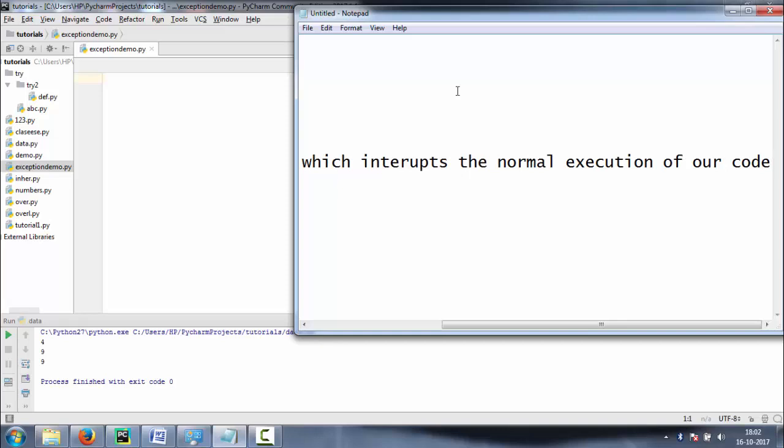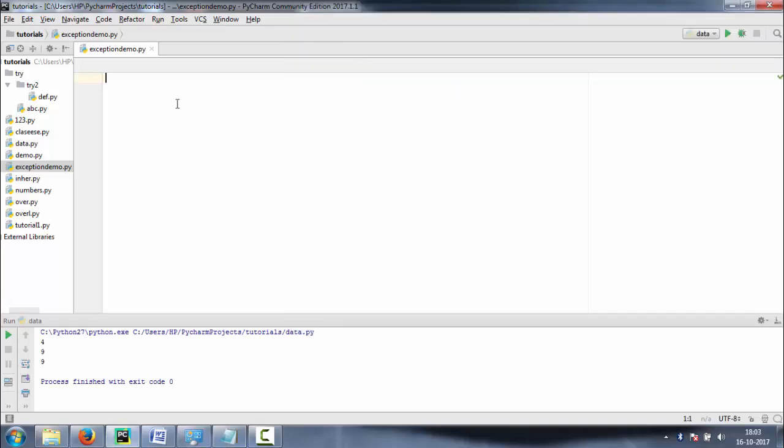So let's understand it with an example. I am taking an example of zero division error. For example, let's create a method first. Let's take a simple example of a division method. I am dividing two numbers.